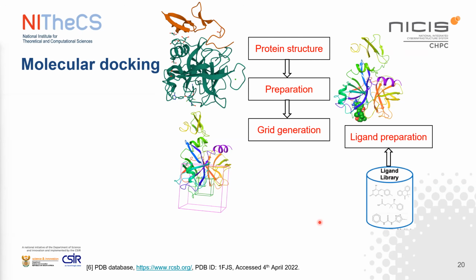Right, so once you have your grid, you need the ligand library. Say you have a ligand which you start with. The first approach would be to take the ligand which your crystal came with, redock it, and see if it works well. When you're happy with that, you go to one of those sites that I showed you earlier and look for ligands that are either similar or have similar structural activity or anything along those lines. You get a bunch of ligands within a certain class, and you then take those ligands and prepare them so that they're ready to be used for docking. Once the preparation is done,